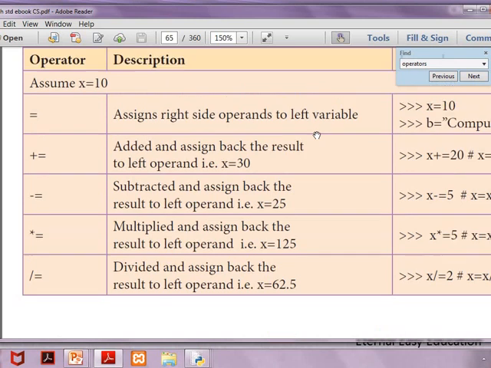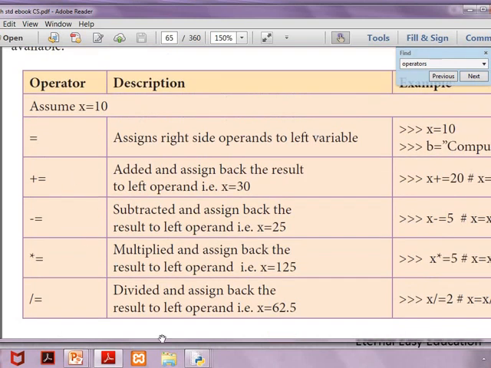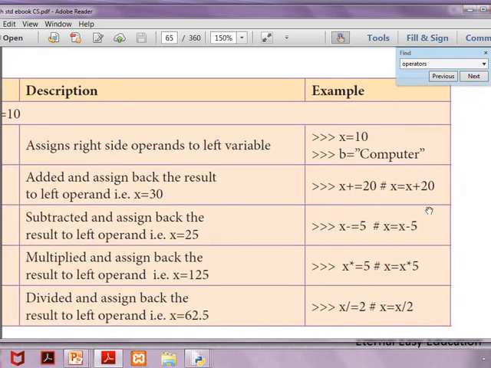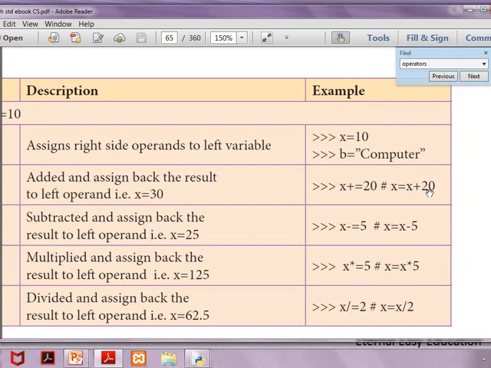What is the meaning of this? If it is x plus equal to 20, the expansion is x equal to x plus 20. So this statement is given in short form as x plus equal 20. We will see with the example.